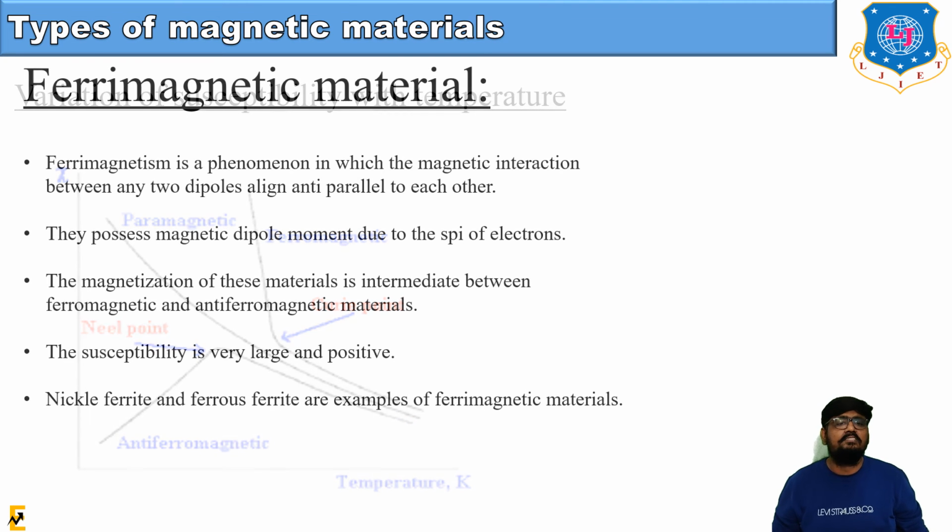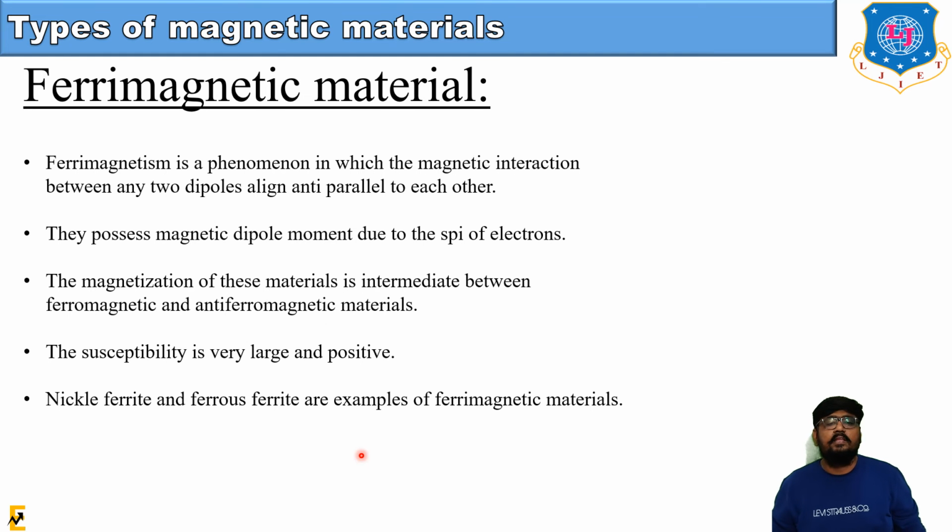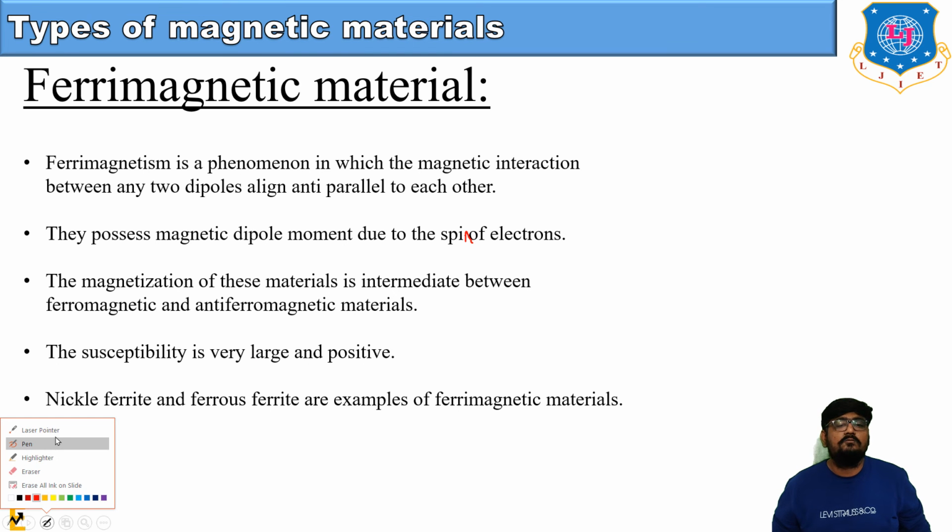Now let us discuss the next type of material, that is ferrimagnetic material. So what is ferrimagnetism? Ferrimagnetism is a phenomenon in which the magnetic dipoles align anti-parallel to each other. But as in the case of anti-ferromagnetic material the strength was equal, over here the strength is not equal. They possess a magnetic dipole moment due to the spin of the electron. The magnetization of this material is intermediate between ferromagnetic and anti-ferromagnetic material. The susceptibility is very large and definitely positive. Nickel ferrite and ferrous ferrite are examples of